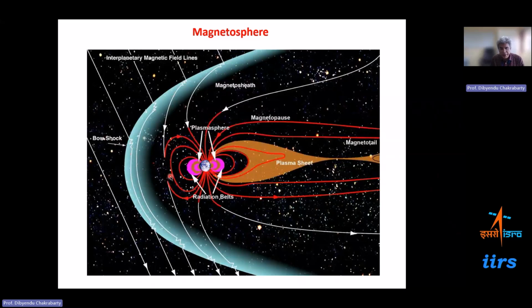It is a lifesaver for us, and the evolution of life on Earth is possible because we have a magnetic field which doesn't allow direct entry of charged particles coming from the solar wind into the Earth's atmosphere and onto the surface of the Earth, allowing us to survive on this planet for such a long duration of time.